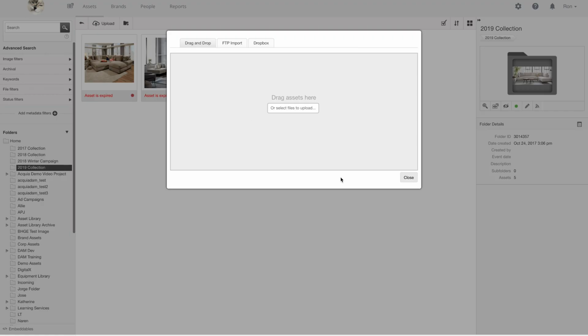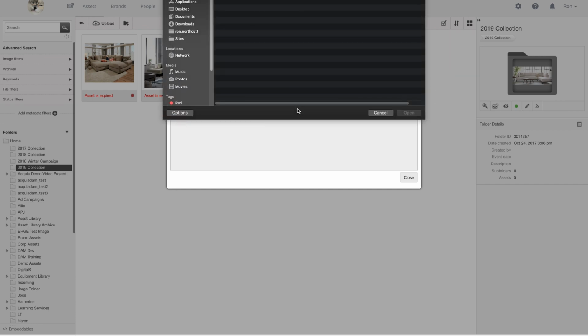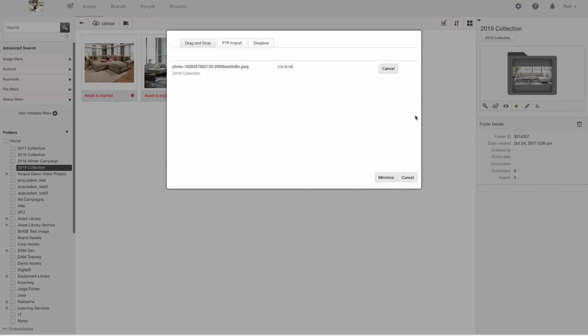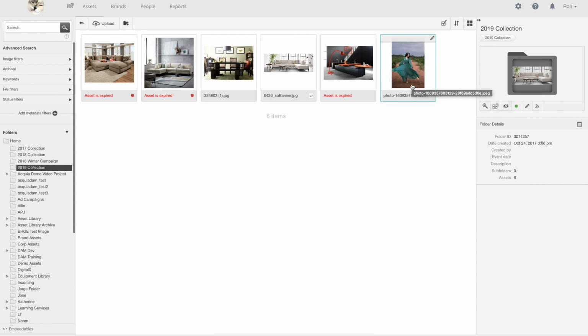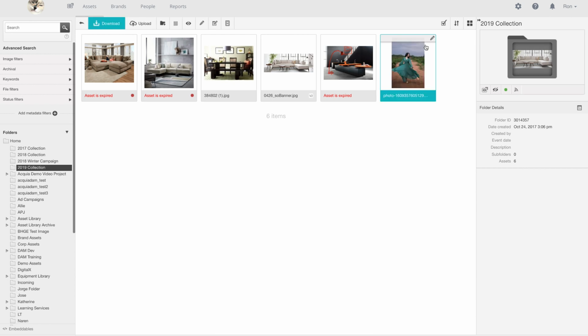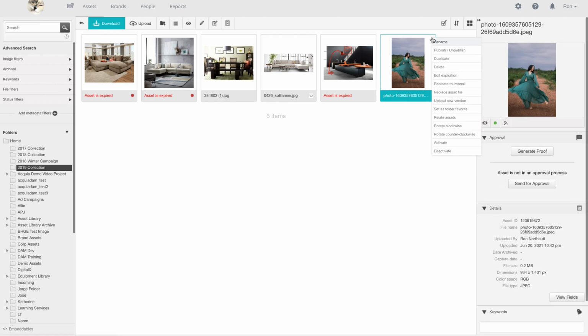Uploading new files is easy. She can use an import Dropbox, or she can directly add the files right here. Once she does this, a lot of things are going to happen. The system is going to analyze the file. It's going to process it and start to work on understanding what it is. And if we take a look here, what we'll see,